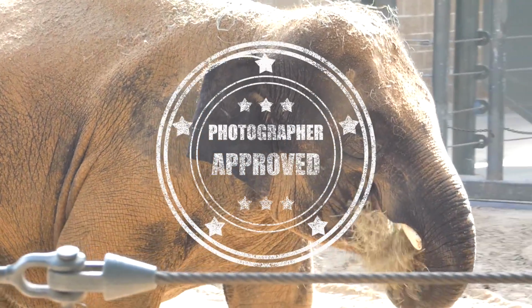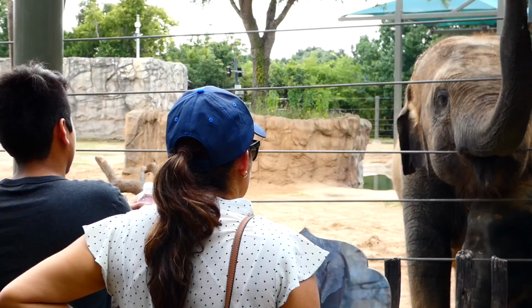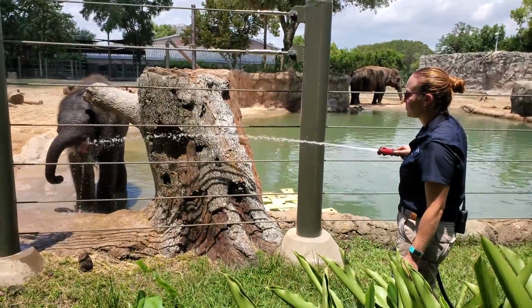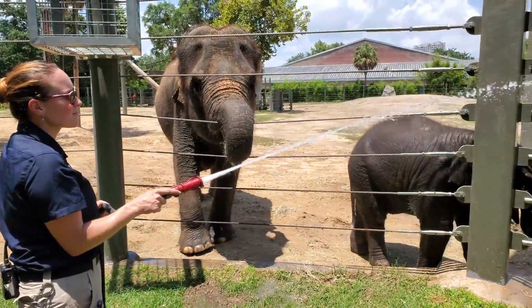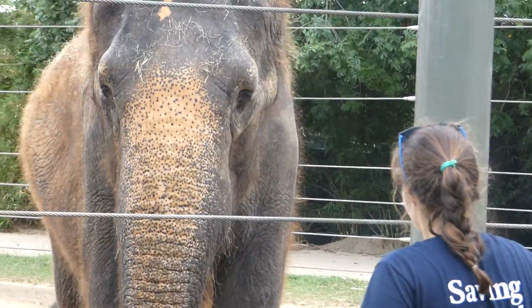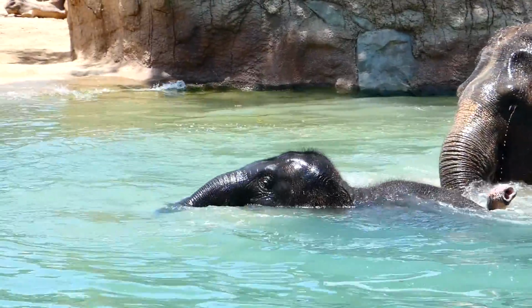How does it offer a great guest experience? Like I said, it brings you so close to the animals that they can actually reach out to you. When the keepers are having their own fun with them, they make sure it happens right along the guest path. And with the combination of that, the pools, and the spirit of their young elephants, it makes for a very